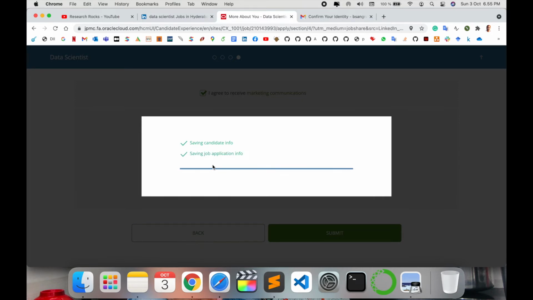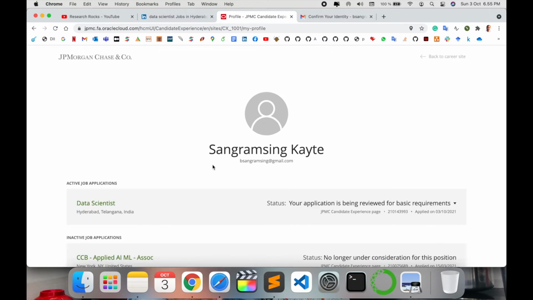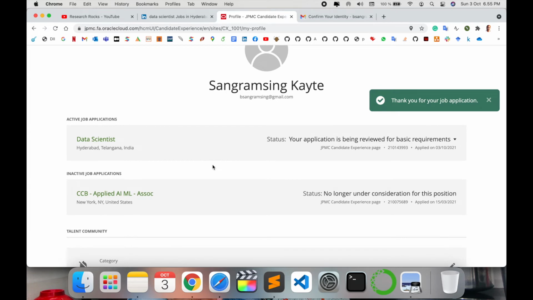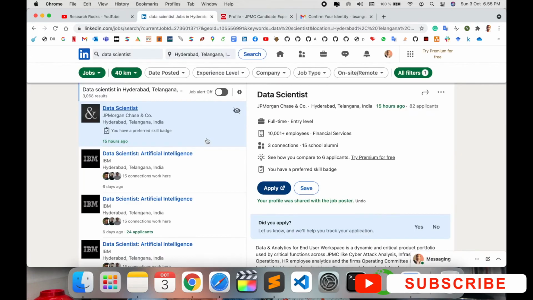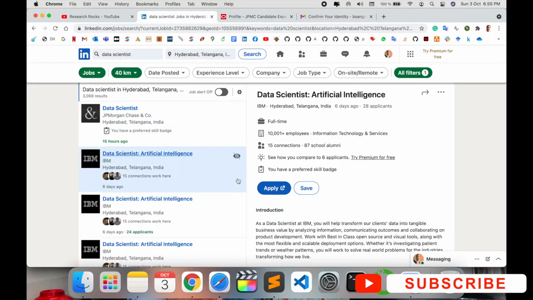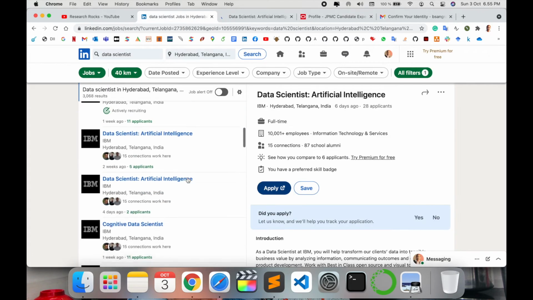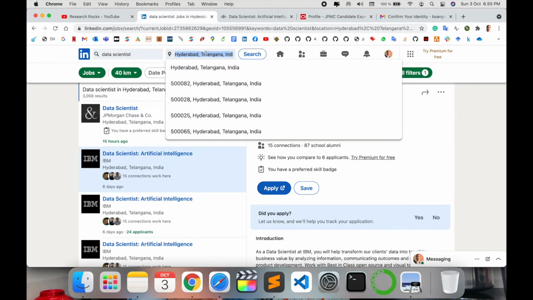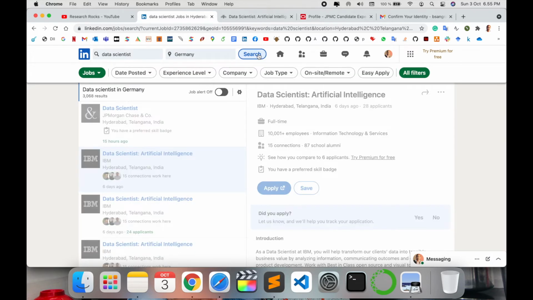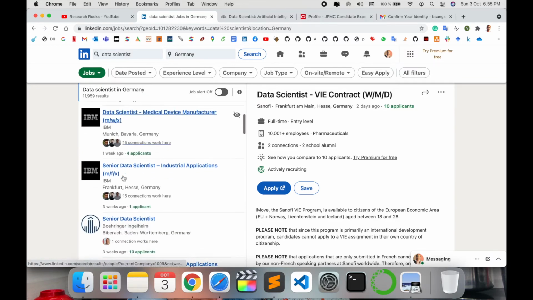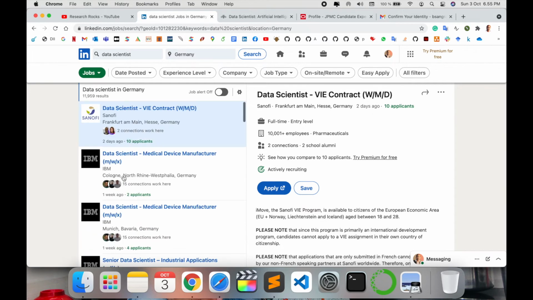I just provide you this demo of how to apply after finding the specific position. So here is my profile. I uploaded my resume here and I applied for this particular position located in Hyderabad. So here n number of profiles are there. I can apply in the same way to the IBM related profile available in Hyderabad. So accordingly n number of positions, and then you simply select Germany here and search. So Germany related data scientist positions are available in different cities like Frankfurt, Munich, Berlin, and some other cities' profiles